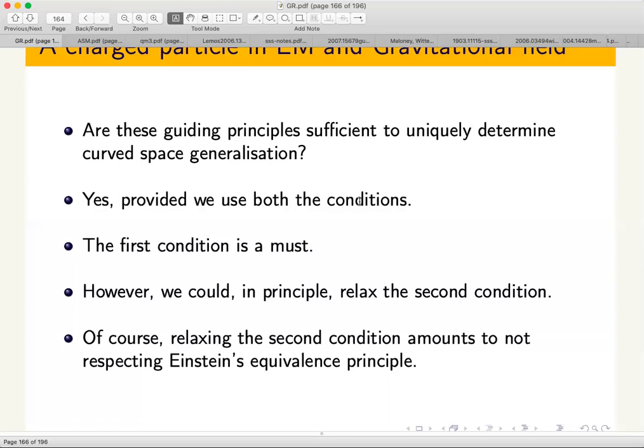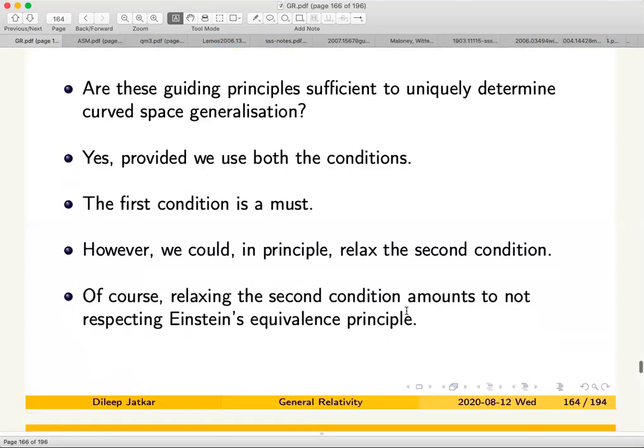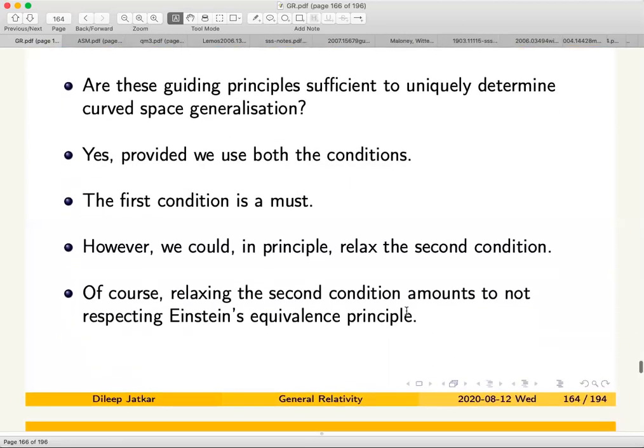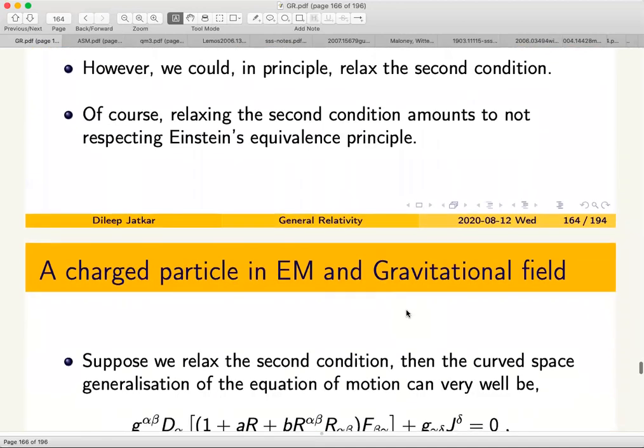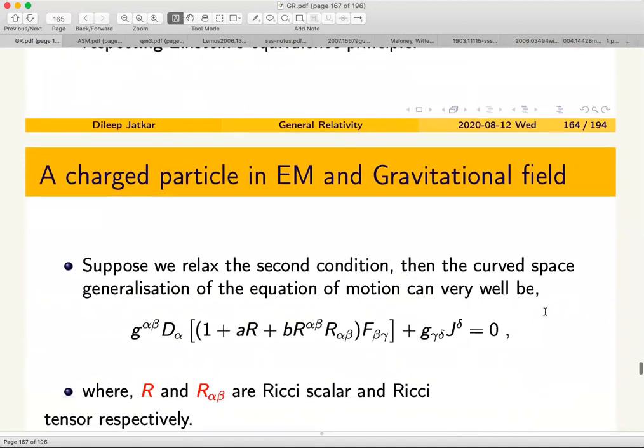One could ask a question: what about the second condition? Can we relax that? The point is that if you do relax that condition, then all you would be doing is looking at a weaker equivalence principle than Einstein's equivalence principle. So, for example, if you relax that condition, then